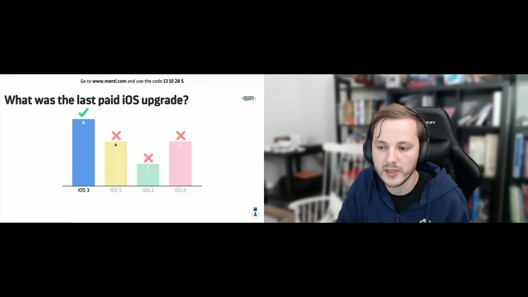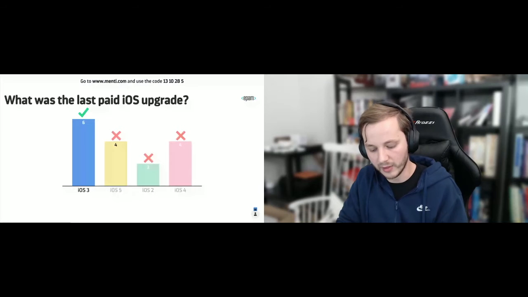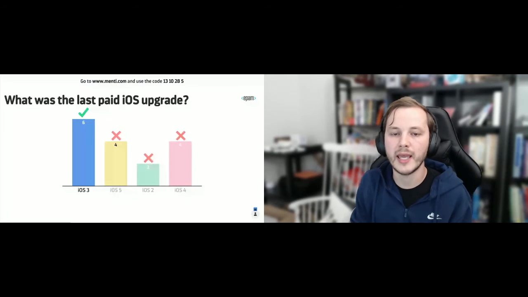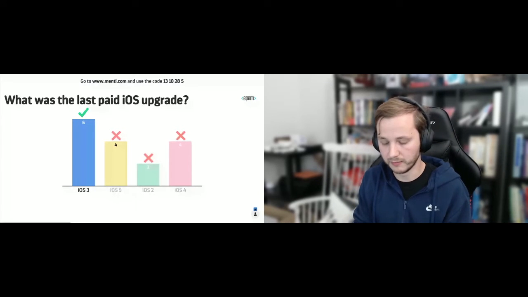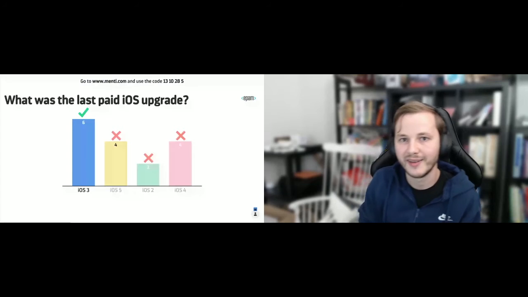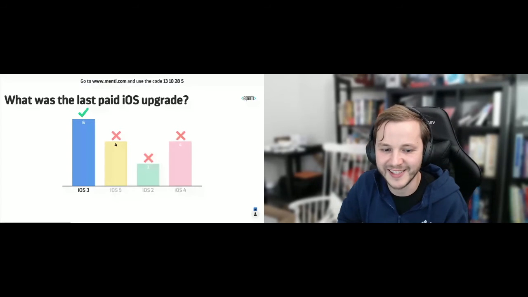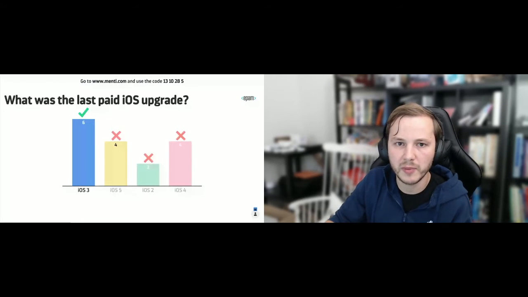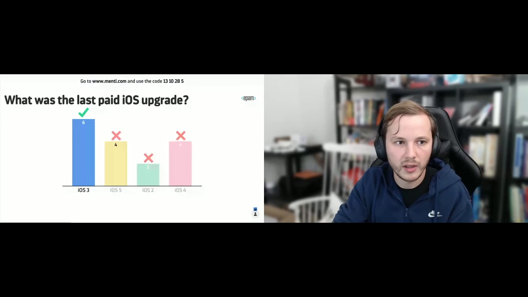Even if you Google paid iOS updates, you can find articles from 2007 by some of the bigger tech journalists and magazines that criticize Apple a lot for the paid updates. But yeah, that was a thing. Imagine you'd have to pay $10 to update to it. If you check Wikipedia, as far as I remember,